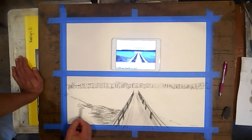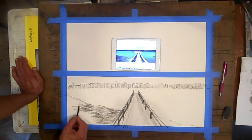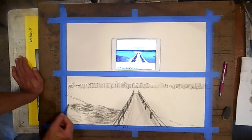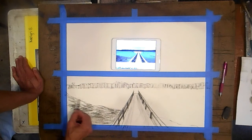Anyway, so we're in here. I am paying attention to the texture in there. I'm thinking about how I'm going to create it. I'm thinking about what overall goes in here, right? I'm thinking about how I want to